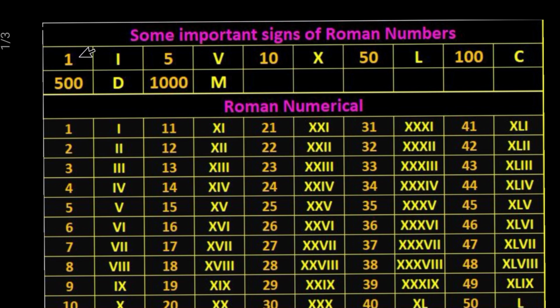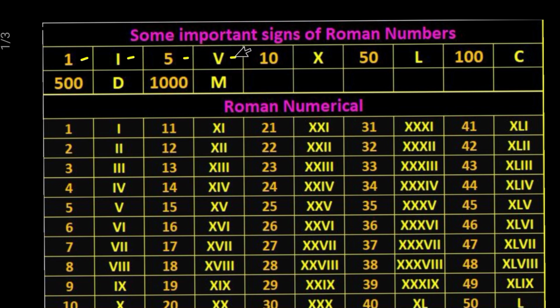Generally in Roman numbers, one digit can repeat only 3 times. 4 times that digit cannot repeat. So I will explain it later. So to understand the Roman system, we have to understand that for 1 we write capital I,